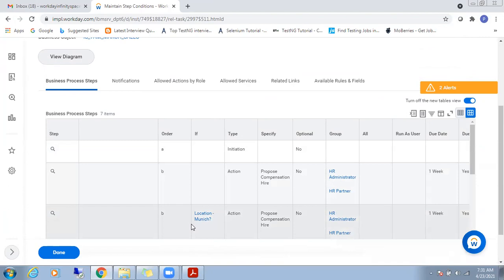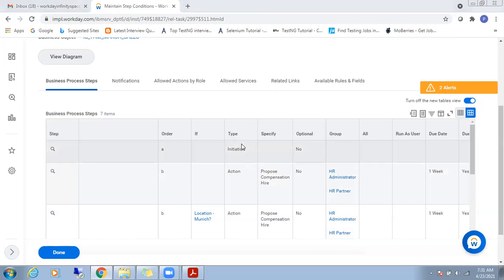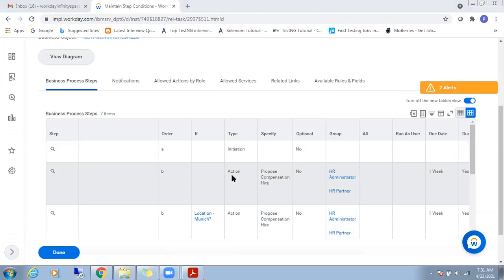First, after the initiation step, it goes to step B, and it sees whether the location is unique or the location is in. So here first it goes to here because we are not going to filter on any location. If the location is unique, then it will execute this step.